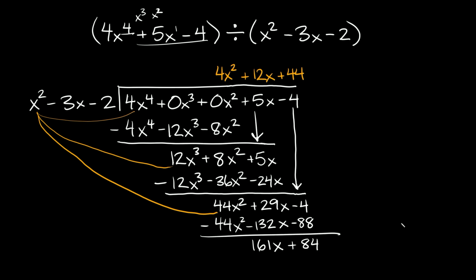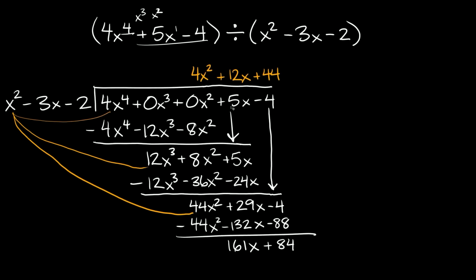So now let's write out our answer. And I'm going to scoot this over just a little bit. Okay, so remember the first part of our answer is just this up here, the quotient. So 4x squared plus 12x plus 44. And then we're going to add on our fraction, right? So again, on top, we need to put our remainder, right? So we're going to put